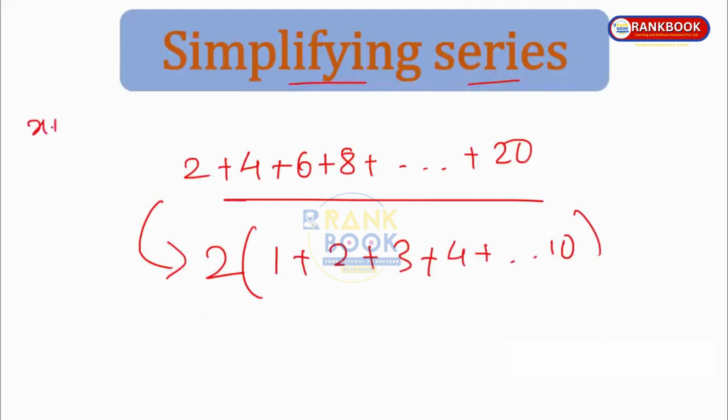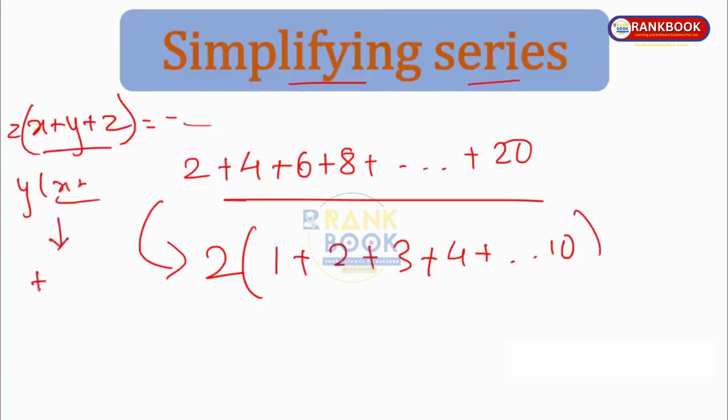Or you might have something like this: x plus y plus z is z into x plus y plus z is something, then y into x plus y plus z is something. So for these things you can add all the things and get the answer. You can subtract, add, divide, you can try such things. Taking common is the most important one in solving series types of sums. We are going to see a few series type of sums ahead. Just remember that whenever you get series, all these things can be done.